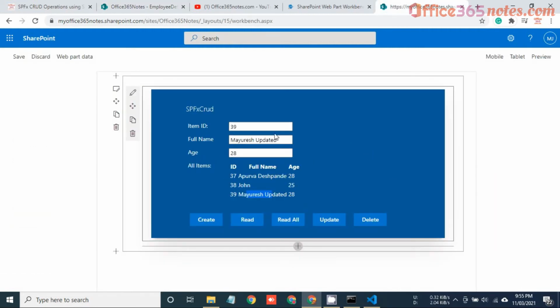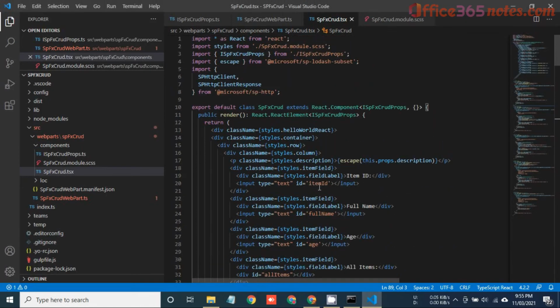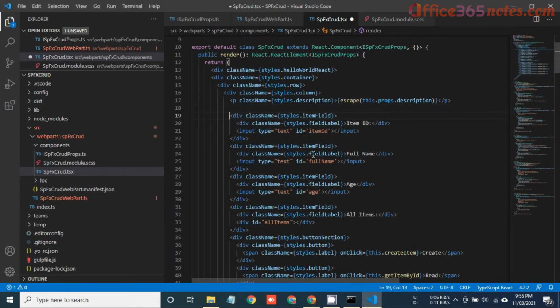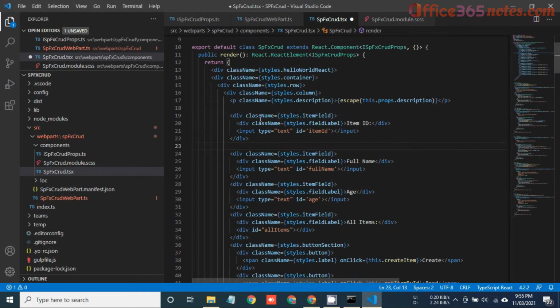So this is what the overall CRUD operation was. Now let's go through the code, how I have written it. As I explained earlier, this is for the input text box, and in SPFx, if you want to define a class for any div, you have to write the class name, and under that you can pass any class name. For example, you can write here like